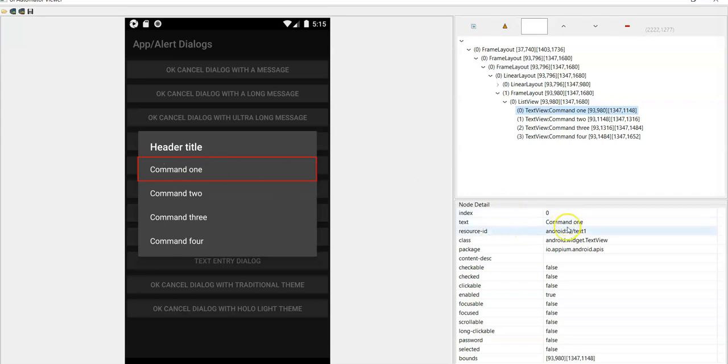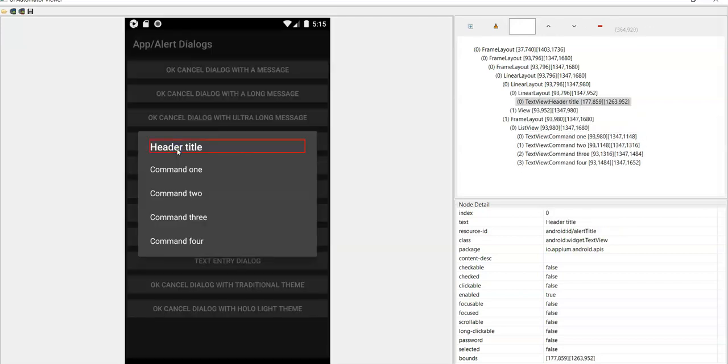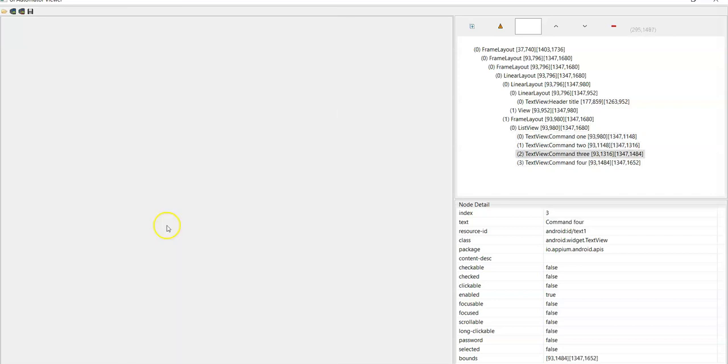So text equals Command 1, resource ID is text1, and the ID is common, text1. But here the header title resource ID is different, right? Now by using this resource ID you can get these 4 options.